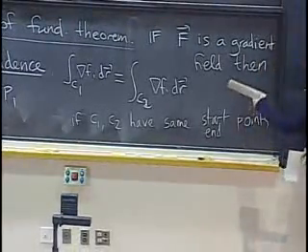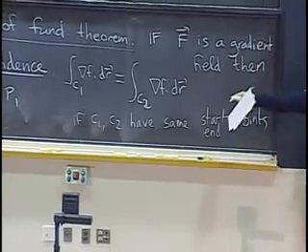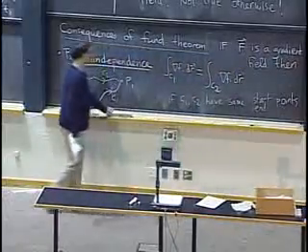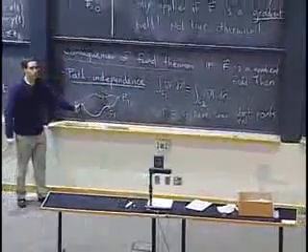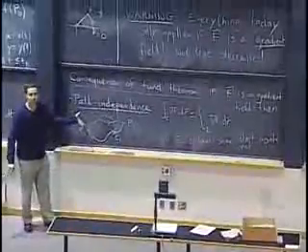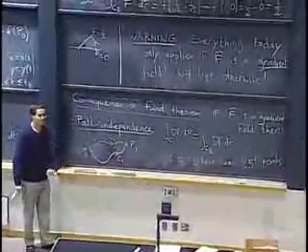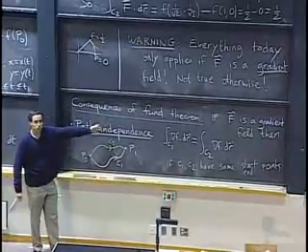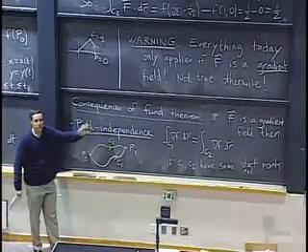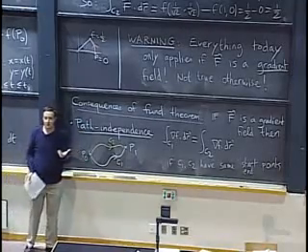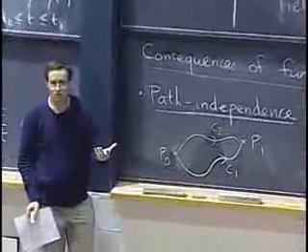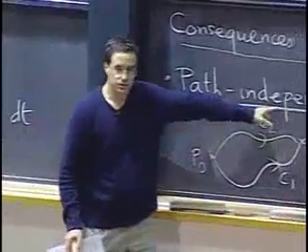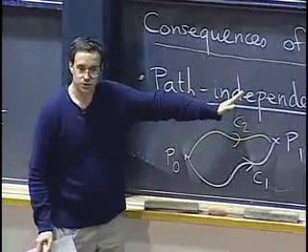How do we prove that? It's very easy. We just use the fundamental theorem. It tells us that if you compute the line integral along C1, it's just f at this point minus f at this point. If you do it for C2, it's the same. So they're the same. And for that, you don't even need to know what little f is. You know in advance that it's going to be the same. So if I give you a vector field and tell you it's the gradient of a mysterious function, but I don't tell you what the function is and you don't want to find out, you can still use path independence, but only if you know that it's a gradient.